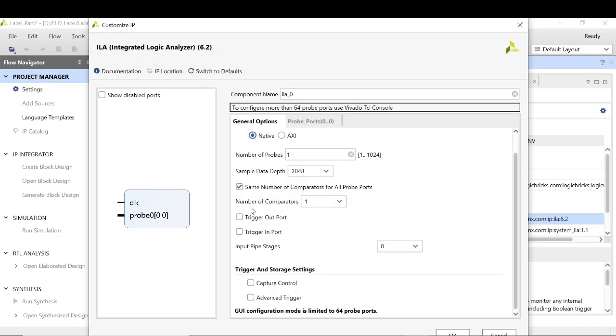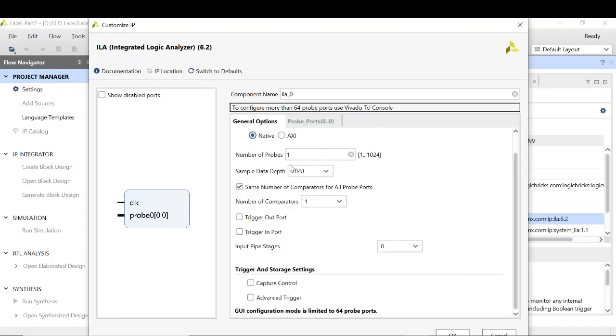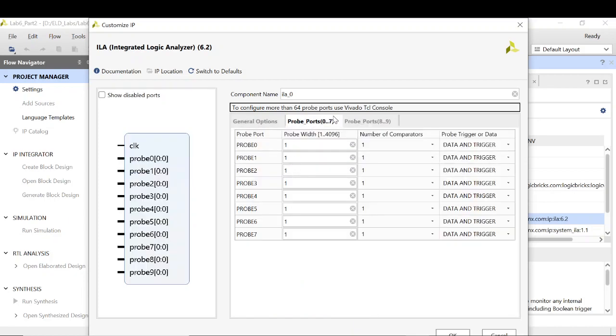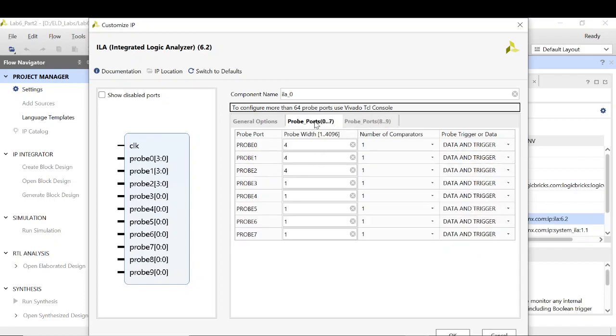All right, the rest of the things look good. Total ports needed are 10. From 0 to 7, I need 3 ports of 4 bits, and the rest of the ports I need of 1 bit. That's fine. I can click on OK.